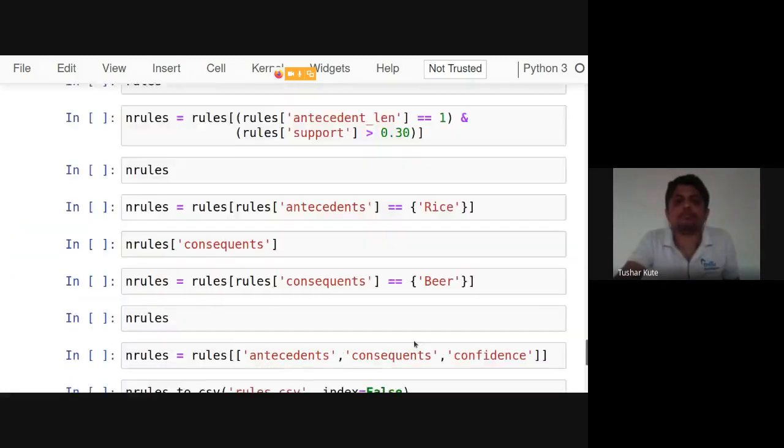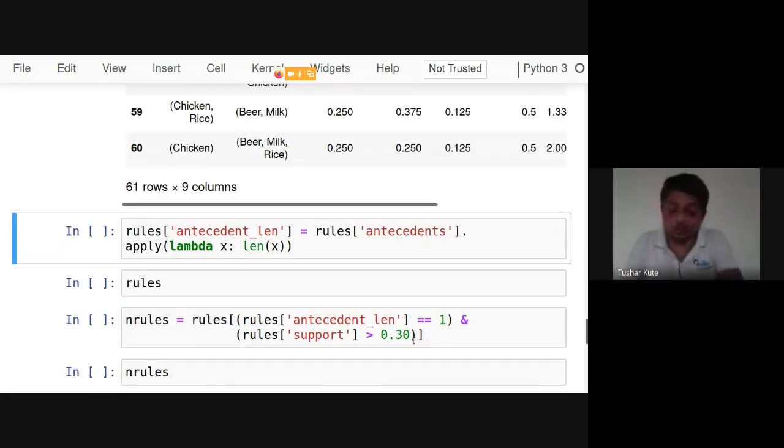Okay. Remember. And see, few more tasks that I can do for these particular rules are something like this. I want to add one more column to check whether I want only one item on antecedent, 2 items on antecedent, or 3 items on antecedent. That we can see. So I want to make use of many different filtering methods, and I filter the rules accordingly. How to do this one?